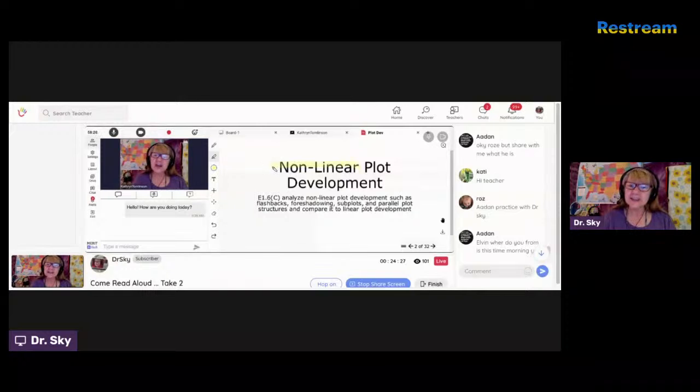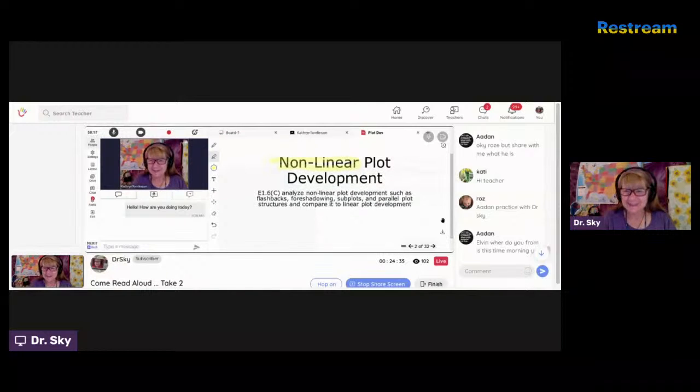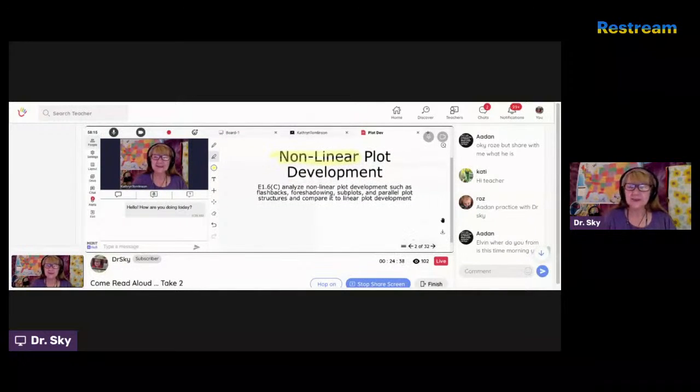It's non-linear. We talked about this yesterday, remember? Plot development. We're going to tell a story and it has a plot. Do you know plot? Okay. So nonlinear, is it happening just one thing right after another? One, two, three. It happens chronologically? No. Non-linear, linear is like a line, right? And non-linear is things are mixed up. Do you ever see movies like that where they change the order and you have to kind of put yourself in the timeline? So we're going to try to do that today. Okay? Today we're going to